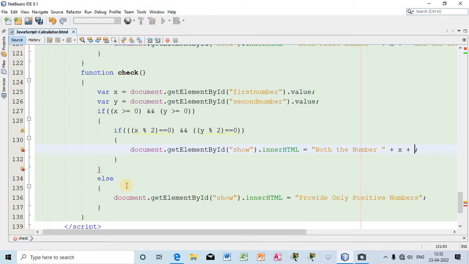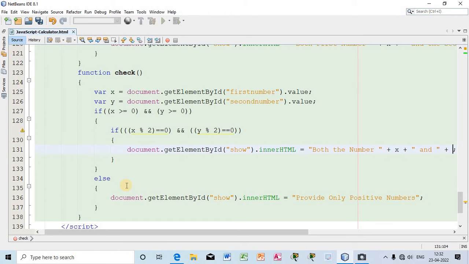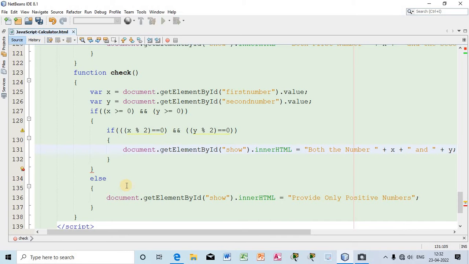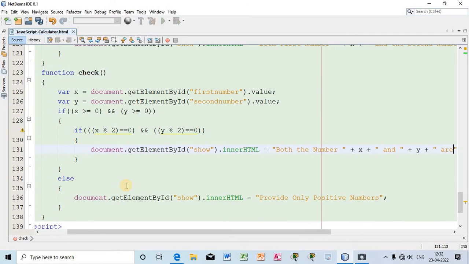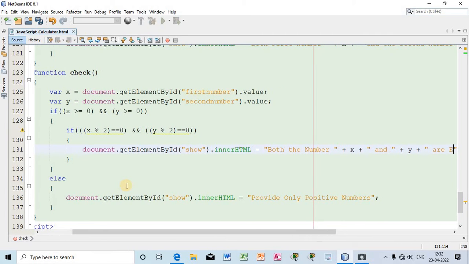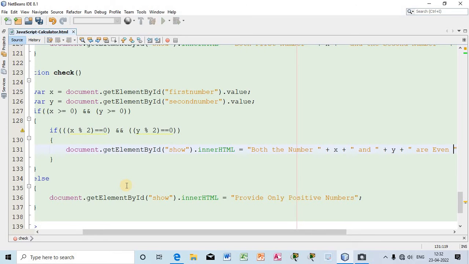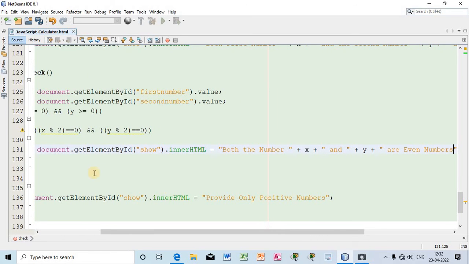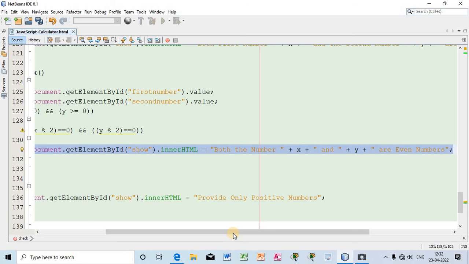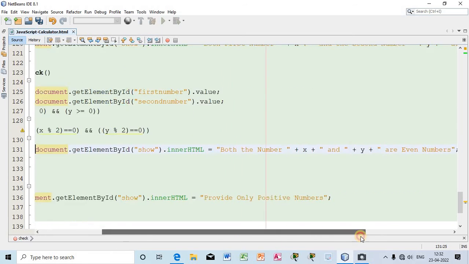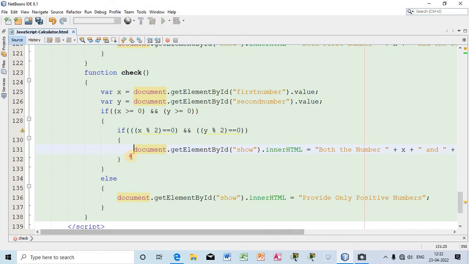x and y, right, are even numbers, right? So both the numbers, now x value will be shown and y value will be shown, and it will be written are even numbers. This message will be shown, right? Just see the message. Now otherwise,